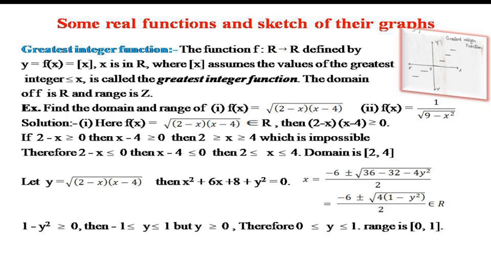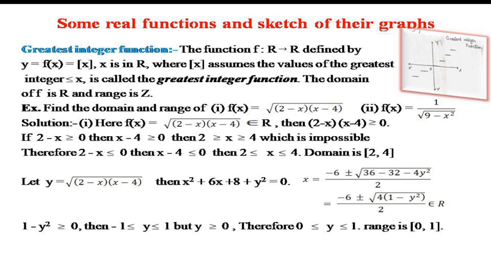If I write f(1.5), x is equal to 1.5. 1.5 is not an integer, so we have to find the greatest integer which is less than 1.5. So the greatest integer less than 1.5 is nothing but your 1. So f(1.5) is 1. Similarly, if we find the value of f(-2.5), -2.5 is not an integer, so f(-2.5) is the greatest integer which is less than -2.5, that is our -3.